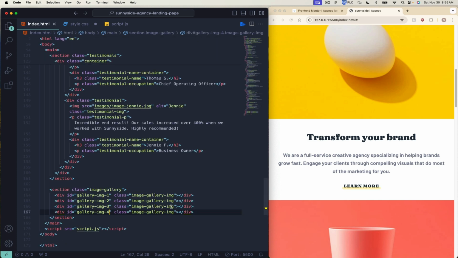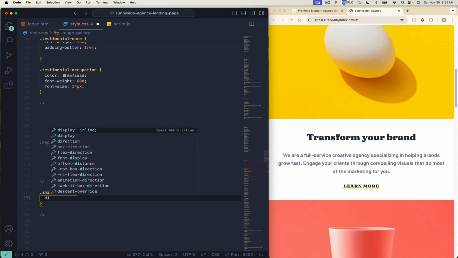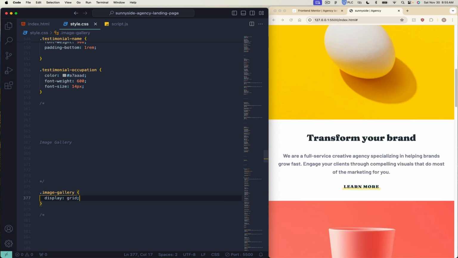And then we'll grab our image gallery image class, or for our section. And for this we're going to do display grid. Okay, we'll use CSS grid. So we'll say display grid, and then